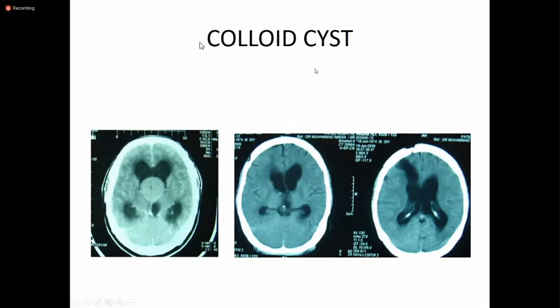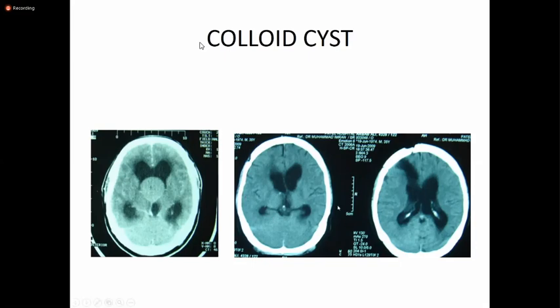Another reason for hydrocephalus, among the etiologies we discussed in the previous slide, is the colloid cyst. Colloid cyst lies in the third ventricle. So it is giving rise to the Mickey Mouse appearance of the frontal horns. To understand the concept of intracranial pressure in radiology, you can see these scans.